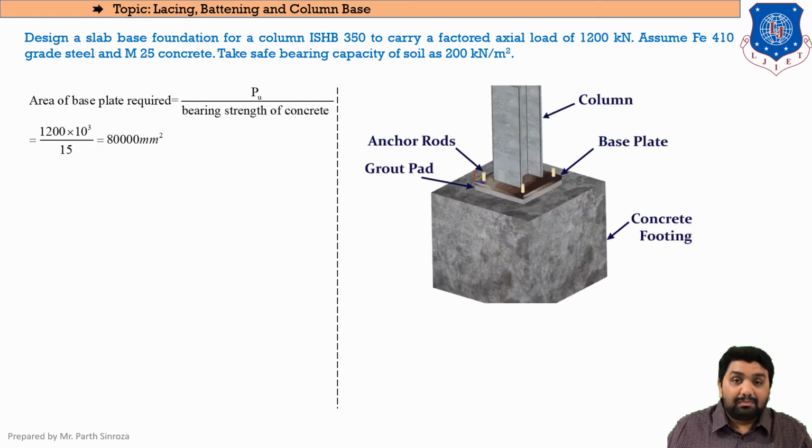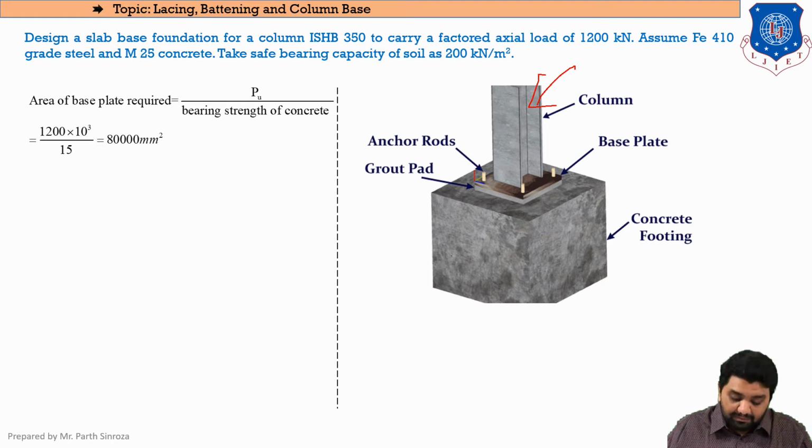And now what does it mean by the area of base plate? So here you can see the column is being shown. It is a perspective view of our section that we will be discussing. This is not the actual section that we will be discussing. This is just a brief overview of what we are going to design. So here as you can see, an I section is shown, and here we are going to design 3 parameters. Every time whenever the question is asked for column bases, we are definitely going to design 3 parameters.